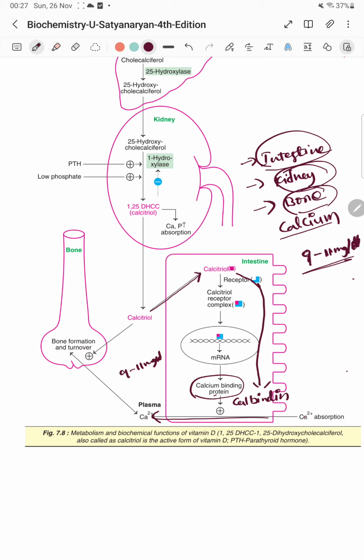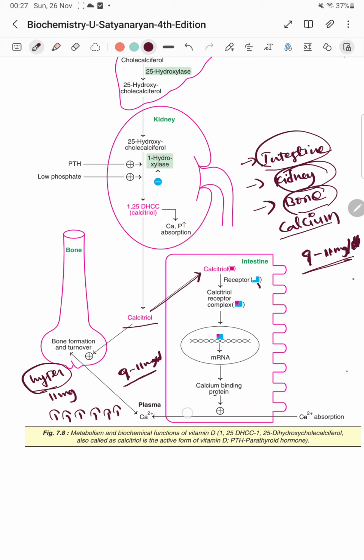Now whatever calcium you had in a diet, the entire calcium is now in the plasma. So as soon as calcium is getting absorbed into the plasma, the calcium level will increase. What I told you, the normal level is 9 to 11 mg per dl, but here by the absorption of calcium the level is getting increased to more than 11 mg, which is called hypercalcemia. So again this hypercalcemia is very fatal, which is why this calcitriol, again, what it does,